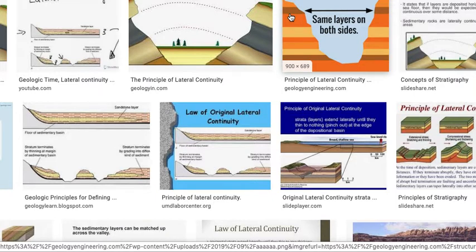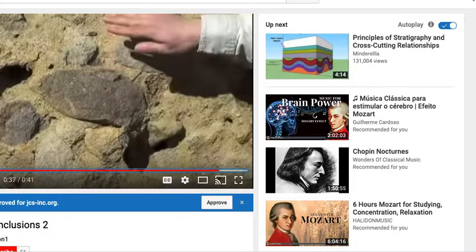So that's a general principle. It can be cut by a river, just some other type of erosion. The next one that I want you to know, and I didn't find a very good picture of this, so I used this YouTube video still that I got, but basically inclusions